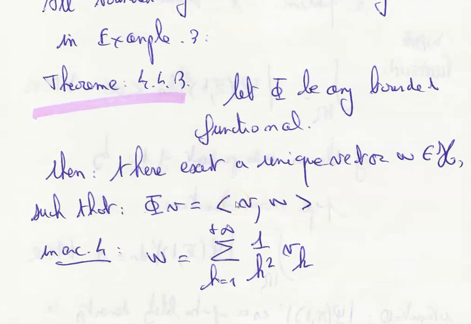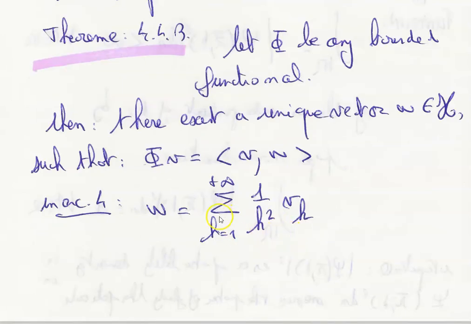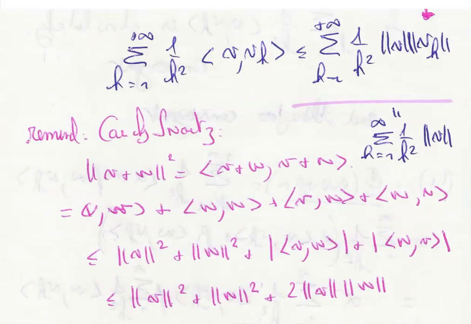So now let's speak about the theorem. Let phi be any bounded functional. Then there exists a unique vector w belonging to our Hilbert space, such that phi of v is equal to the inner product between v and w. In the example, we have taken w, which is equal to the sum for k from 1 to infinity of 1 over k square vk. So this is all for this